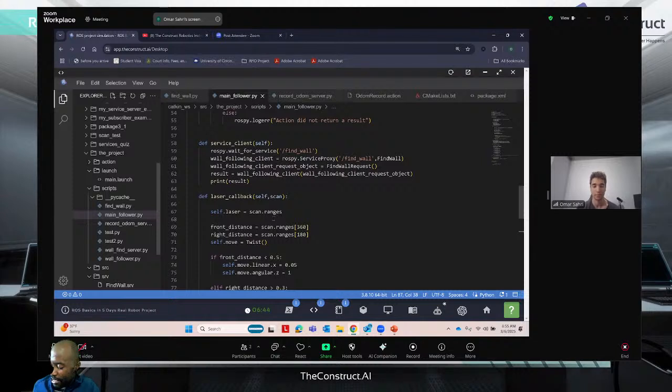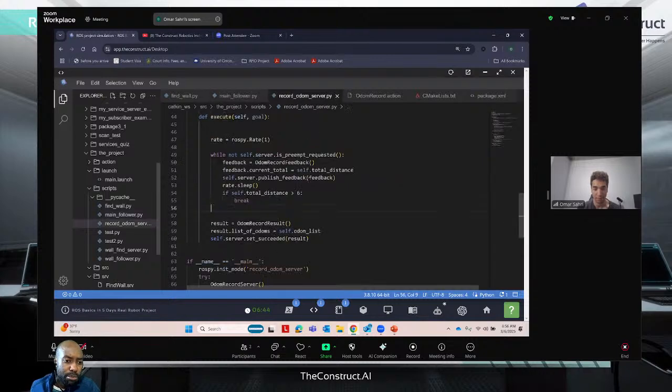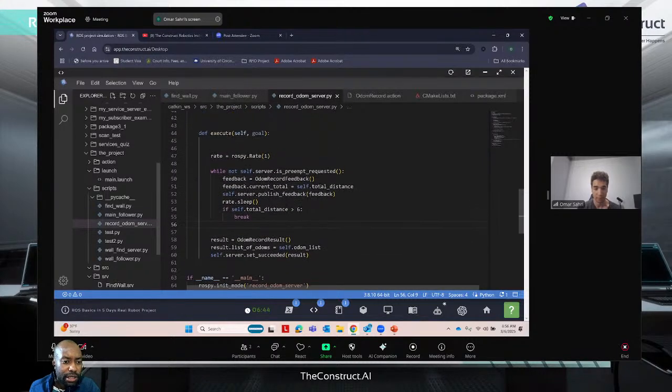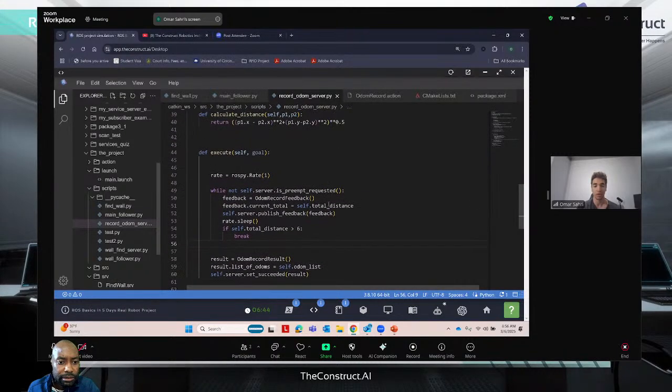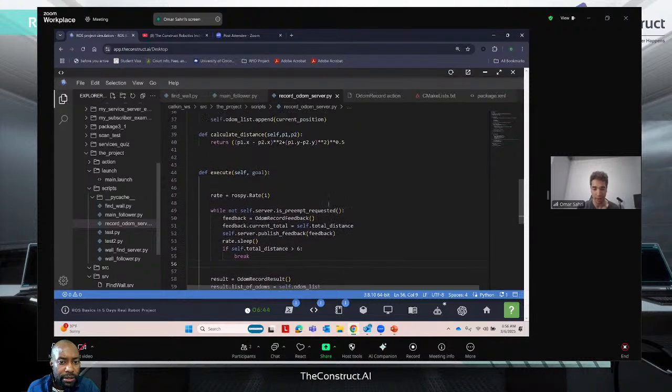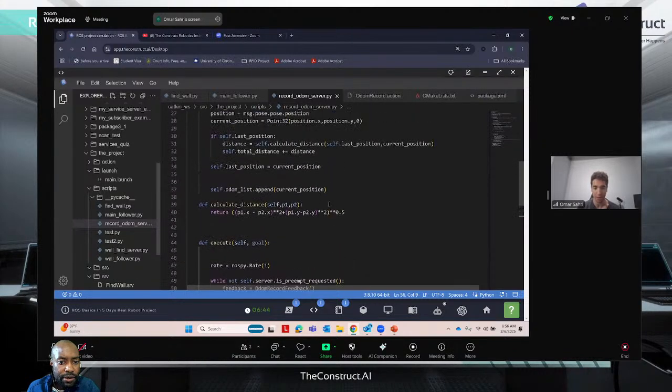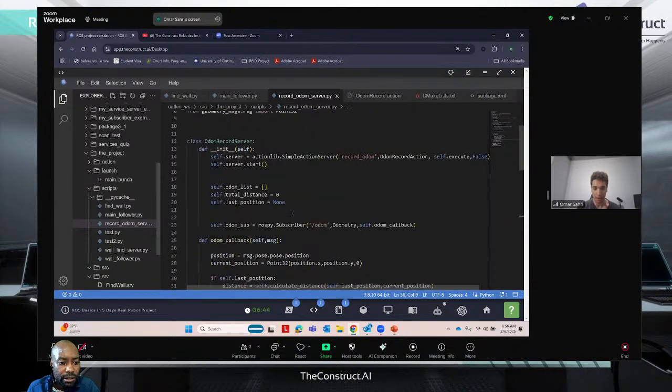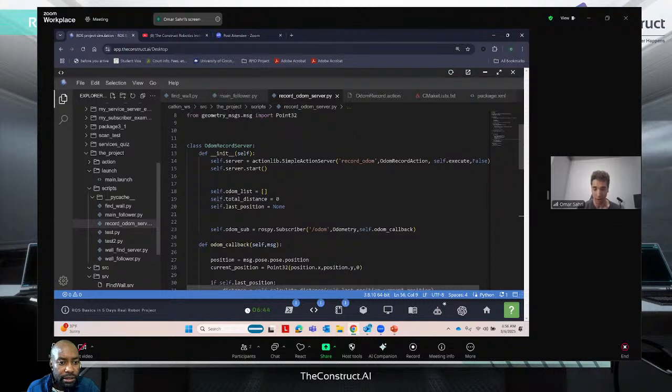That's good. The other thing I also wanted to ask is on the method in which you track odometry data. You spoke about waypoints, right? Can you get into a little bit of detail why you chose to use waypoints? Are they just point markers, or what's going on there? So I just used waypoints because it was easier for me to comprehend. Here, I just have an odometry list,